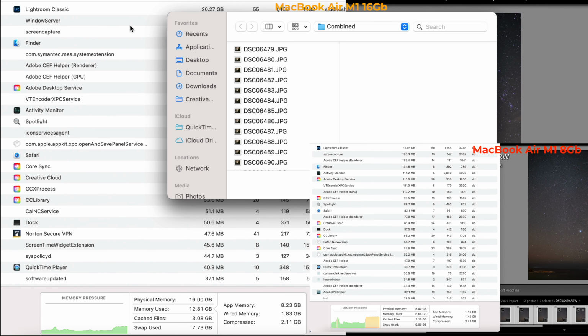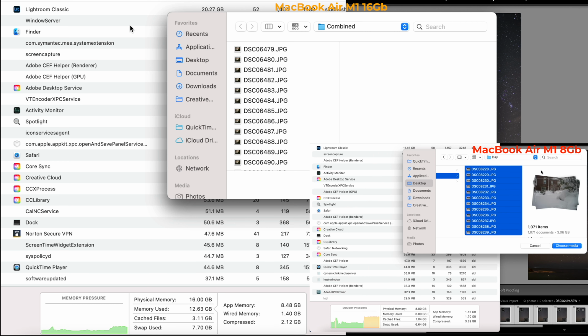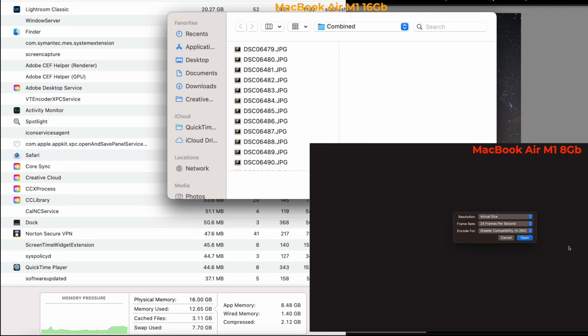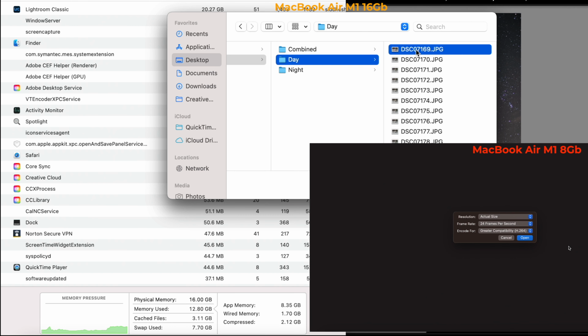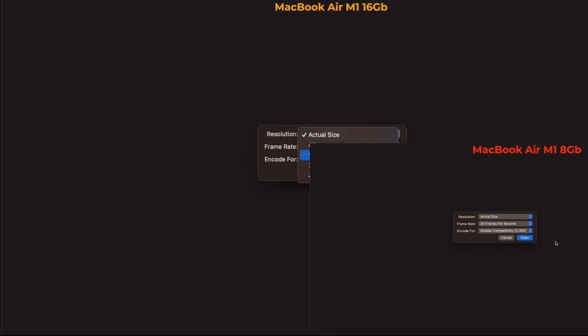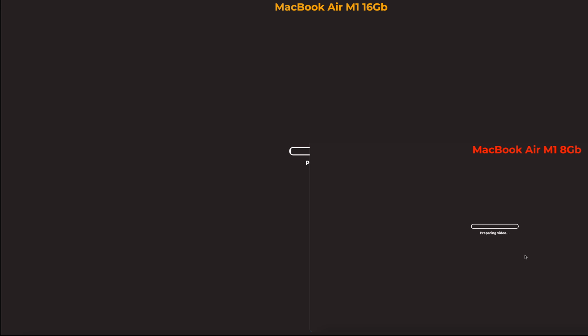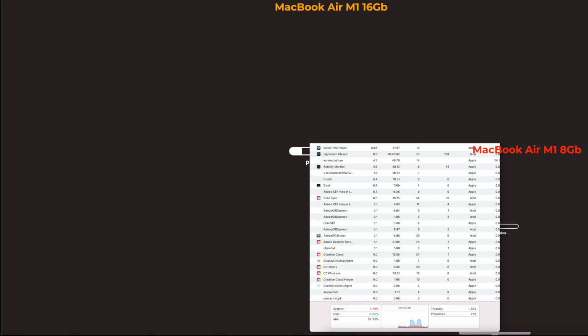The next test I'm going to do is give it a little more stress. I'm going to use around 1072 images, which add up to close to 3 GB of data. Again, 1080p. I'm not going crazy this time. So a 1080p video with 3 GB of images, 1072 files, and if we start them at the same time, you'll again see that there is not a huge difference. The 16 GB machine finished almost just like the 8 GB, but where you can see the difference is the